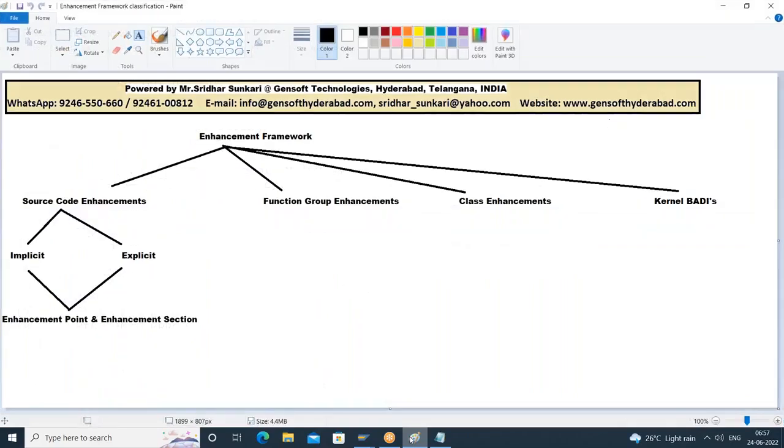So what is the point you have to understand? Function group enhancement means it is a process of enhancing the standard function modules. What kind of enhancement we can do? We can add additional parameters in the signature. Those additional parameters are always added as